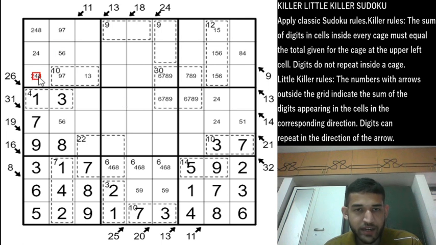We can't have an 8 in this cell, that is row 3 column 1 cannot be an 8, because 8 plus 5 will add up to a minimum of 13, and then we have one more cell which will make this clue violated. So this will be a 2 or 4, so this has to be an 8 now.